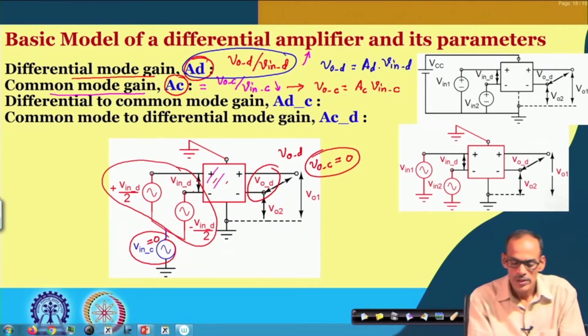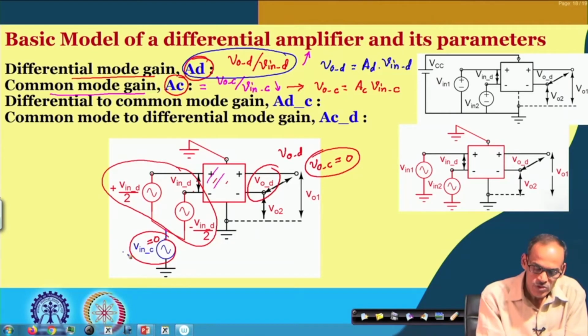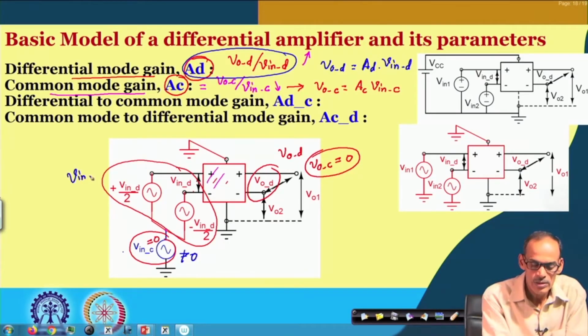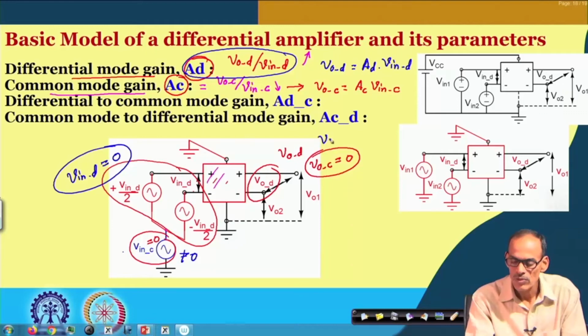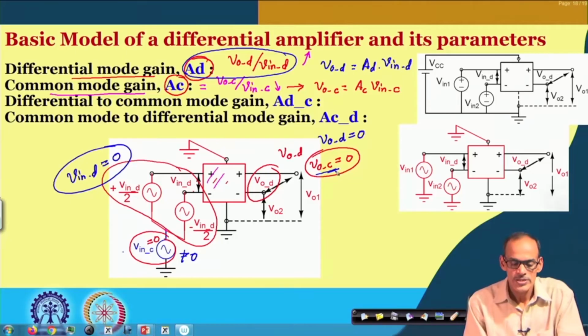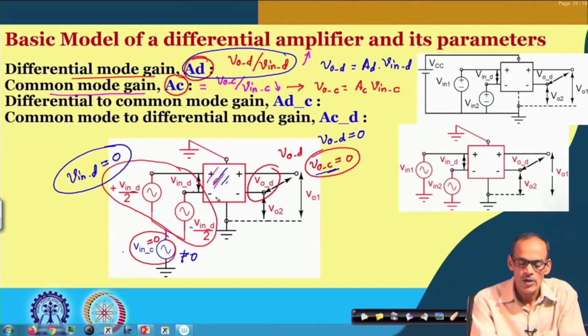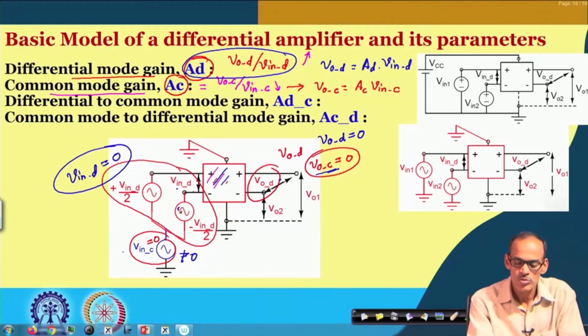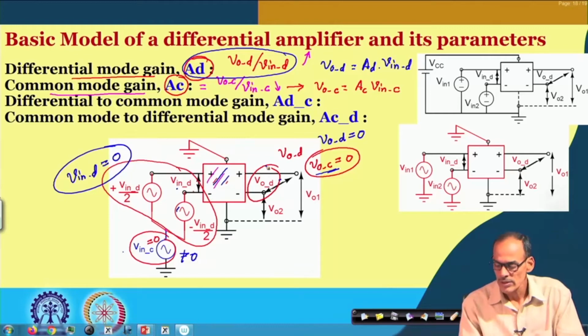On the other hand, if this is non-zero, and I make VinD equal to 0, then what we are expecting is that VOD should be equal to 0 and VOC may be non-zero. But that is the idealistic situation, which means that this circuit only allows differential signal at the input to appear as differential signal at the output port, and common mode signal at the input port to appear as common mode signal at the output port. Practically, however, there is a chance of having a cross propagation, namely